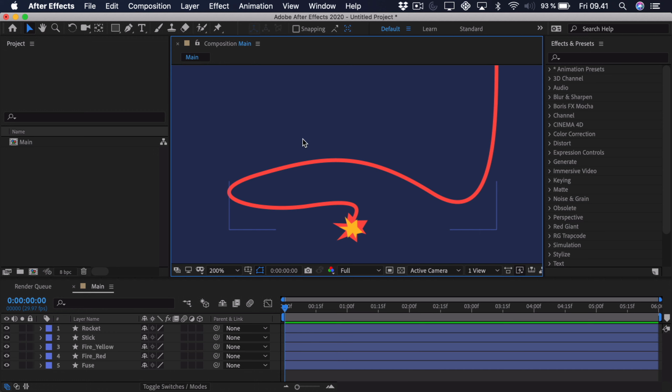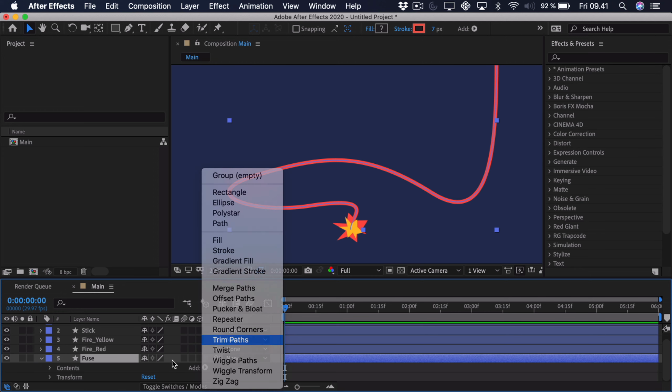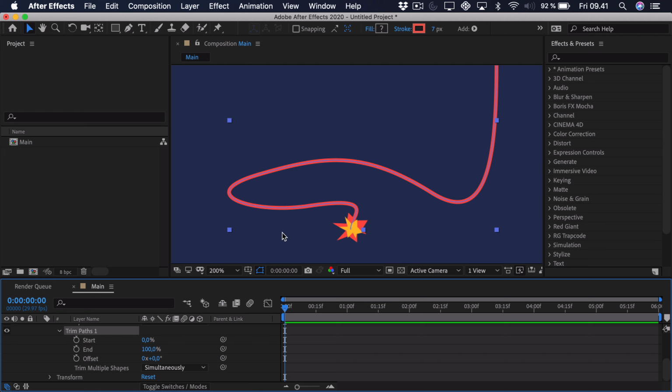So the simplest way to animate this fuse is just to take the fuse, open it up, go to add, and then add a trim paths. That way we can sort of control the length of the stroke. So as you can see, if we drag on the end property, it shortens. So we add a keyframe to the end, then we can go a few seconds ahead and set it to